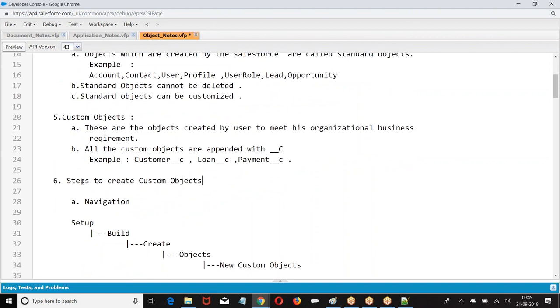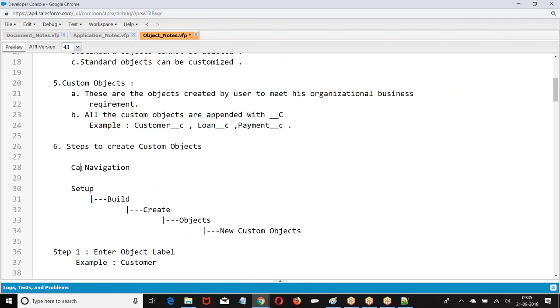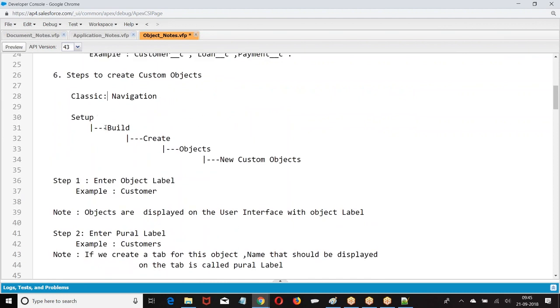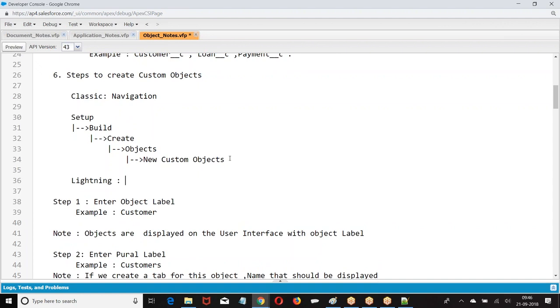Then how do you create objects? Steps to create. Classic navigation: in Classic, we had setup, build, create, objects, new custom object. Then in Lightning navigation, the steps are the same, only the navigation is changing.